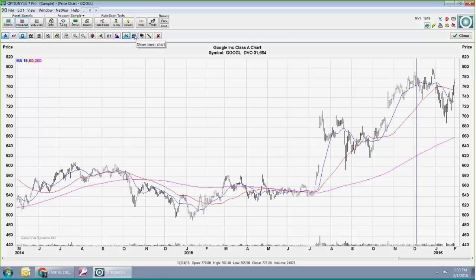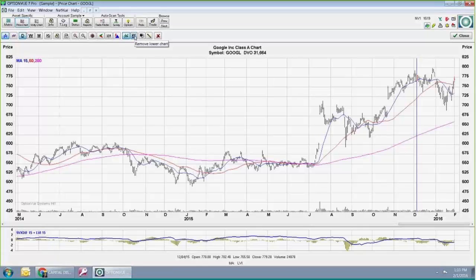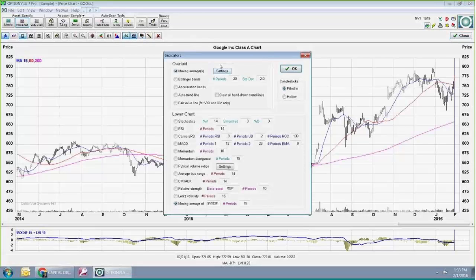But let's do this. And down here, I have it set to show the VX diff. This is an indicator for whether it should be long or short the VXX. It's saying right now you should be long VXX. It's not related to Google. But the next button is where you set them.